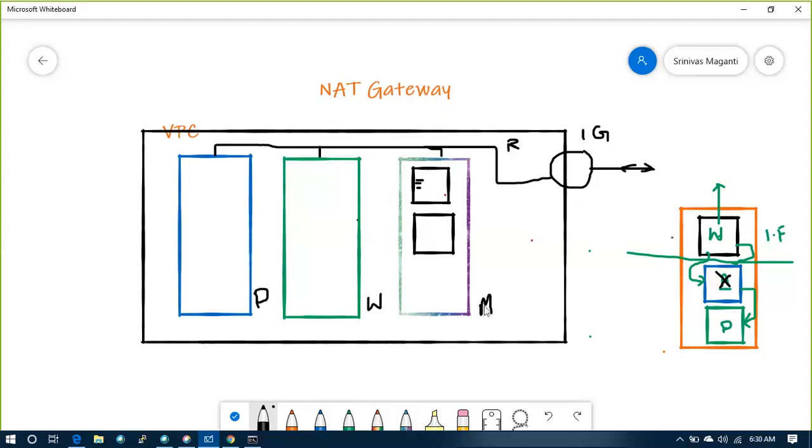So this management and web servers will be on the public facing internet, and this DB server, I'll remove from public facing, and I will place an internet gateway here.